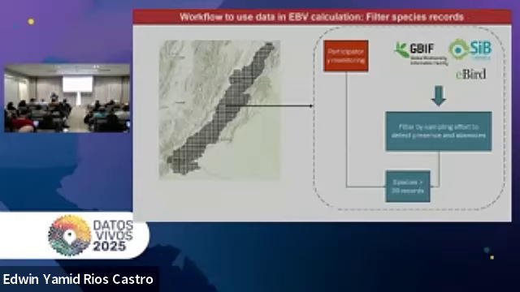And then we basically combine information from this participatory monitoring with some global databases to get information about presence-absence data in the area. So we use a lot of the information from sampling effort, both from the participatory monitoring and the global databases. And we selected only species that have a certain amount of records. So what we are doing here is actually trying to maximize the information from the species that have enough information so we can develop the models. We are not trying to do it for all the species because we know that representativeness is relatively low in terms of the data that we have.